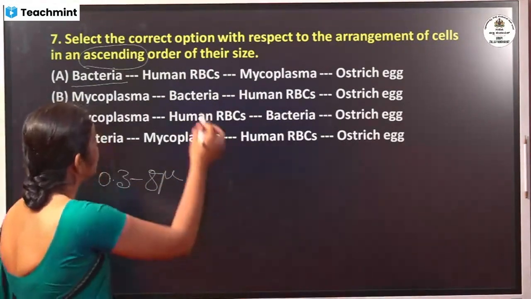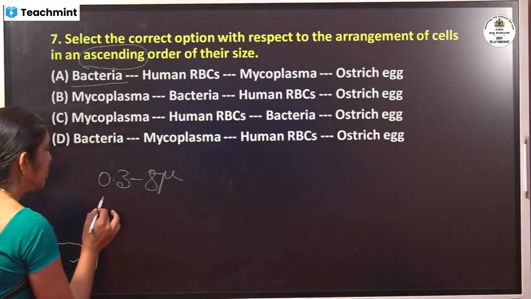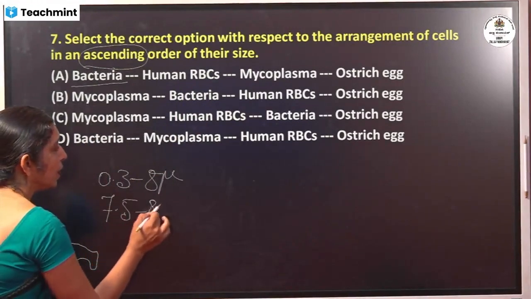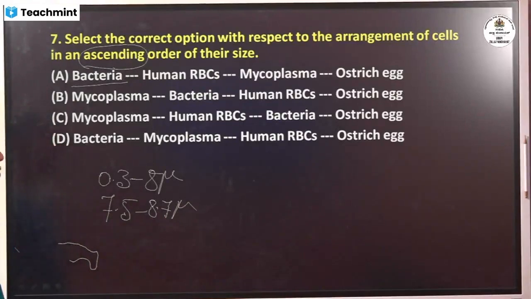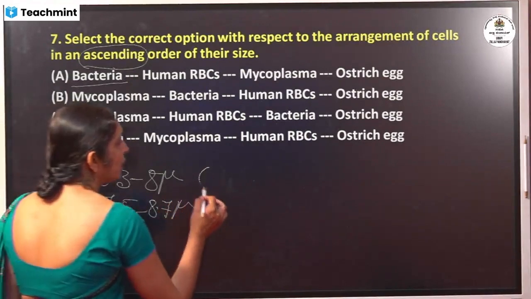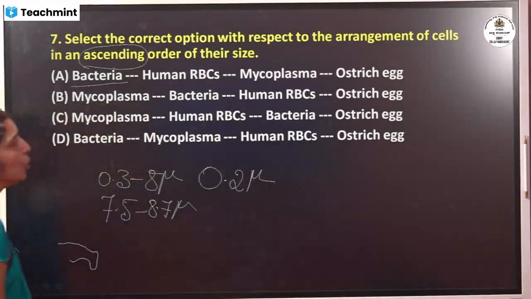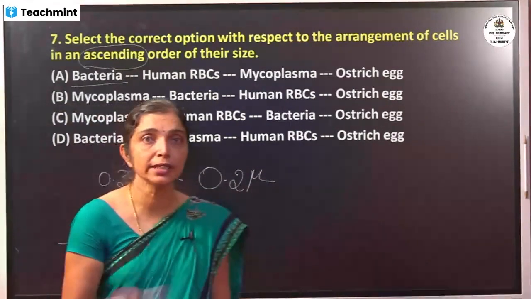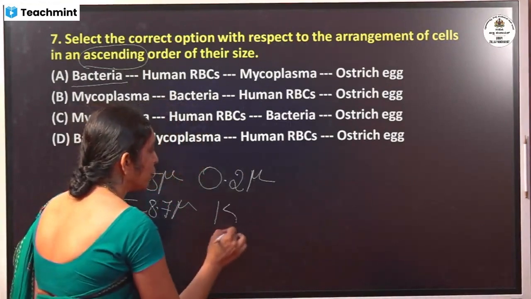Whereas the size of the human RBC may be somewhere from around 7.5 to 8.7 microns. The mycoplasma, one of the smallest organisms that we know, will have a size of around 0.2 microns. Whereas the largest known single cell is your ostrich egg, which may be around